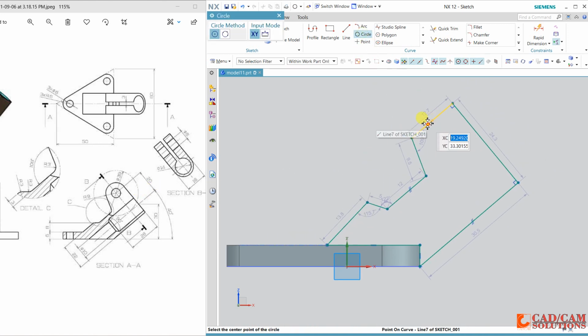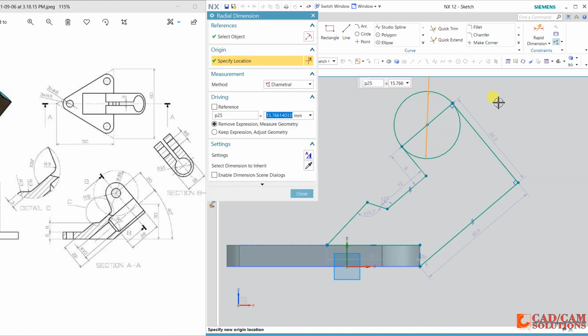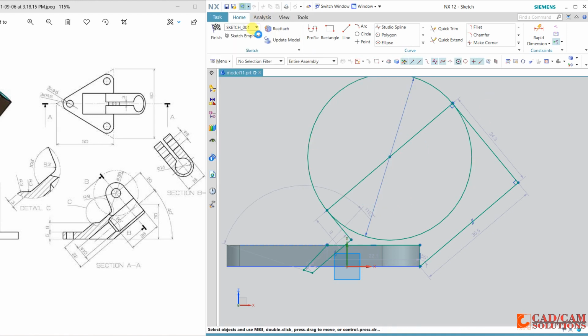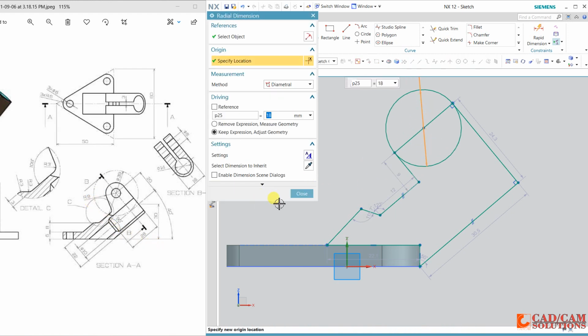Just draw one more circle, and this line and circle are both tangent. The diameter is... no, it is not 39. 9 is the radius, 18 is the diameter.